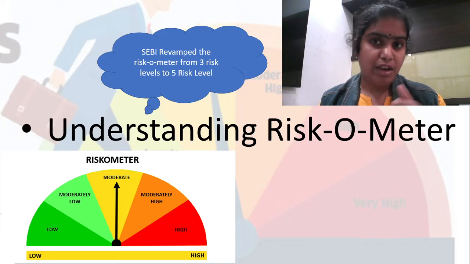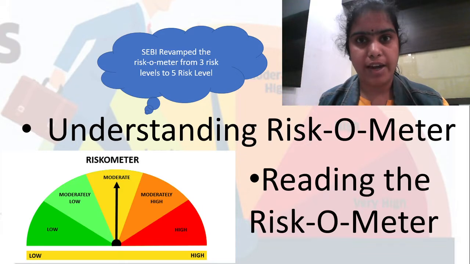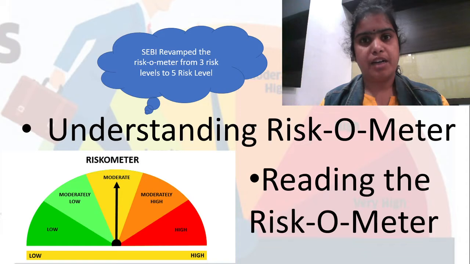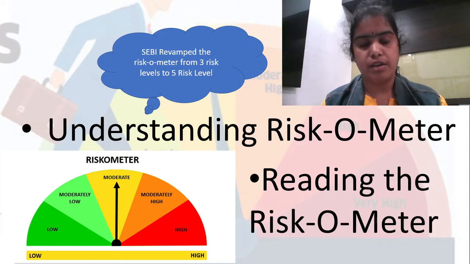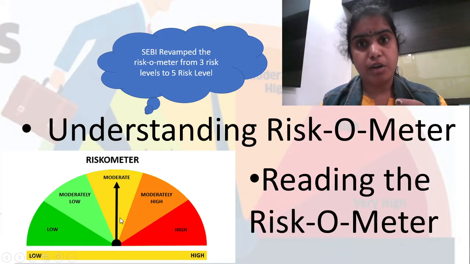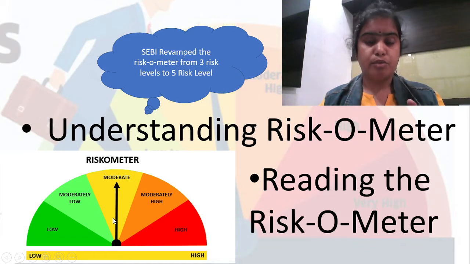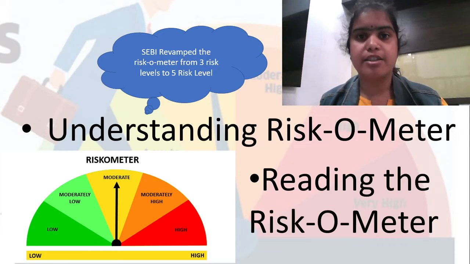As we have talked, when we are reading the riskometer, it looks just like a speedometer. If I am the investor and my risk appetite says that I am a conservative or moderate type of investor, and the riskometer on the financial product which I am shortlisting says that the risk involved is moderate, and my risk profiling also says that my profile is moderate, then yes, that product is for me. What are these levels? Let us have a look.